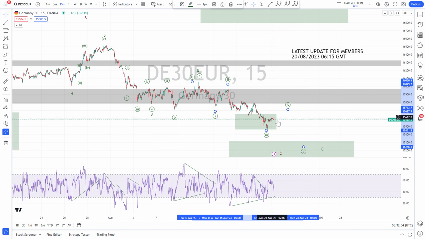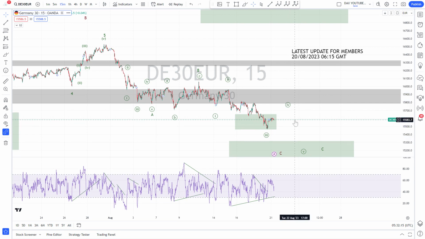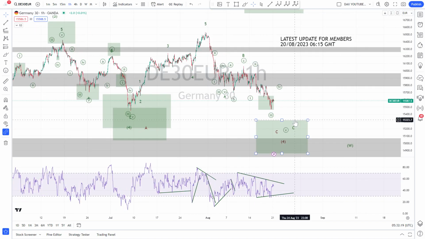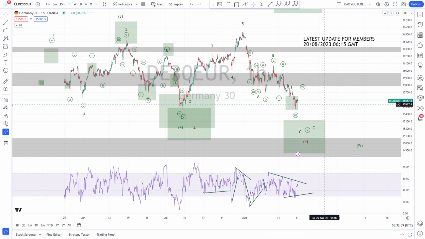So let's assume we have now something messy as a wave 4, and then an impulse down again in 5 waves. So if you want to optimize your entry level, then I think analysis on the lower time frame will be necessary. Like in the 15 minutes, looking for an impulse down from here, ending with divergence,